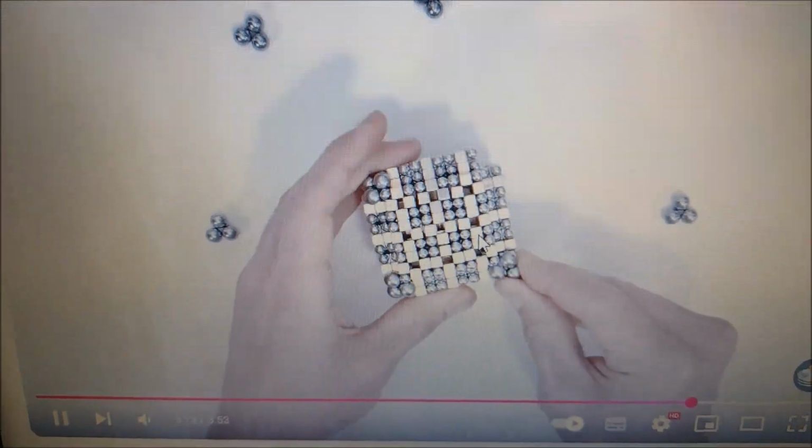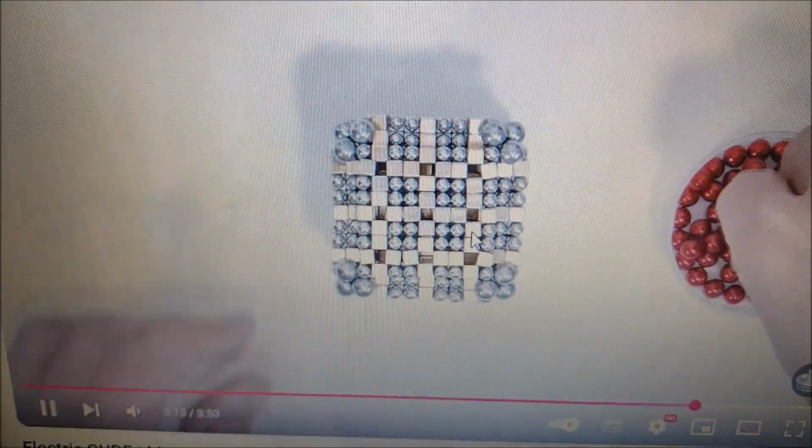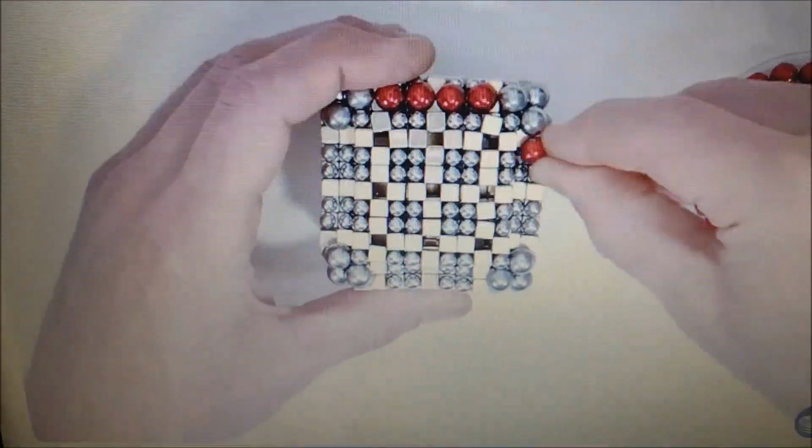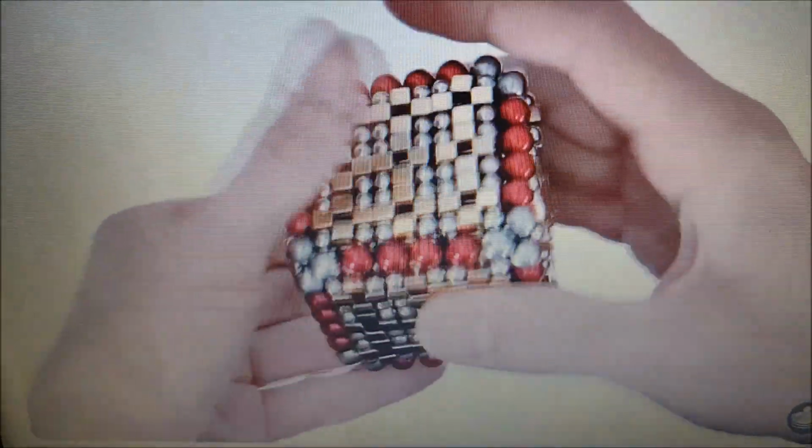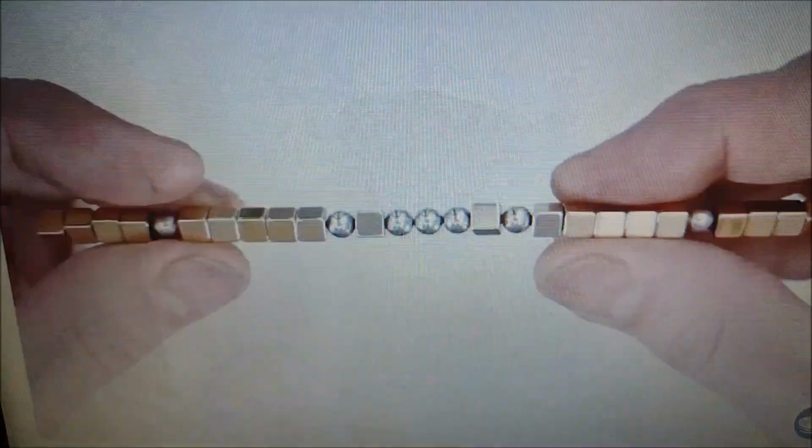If you want to break this cube, there's a force, the breaking point of the material. But it's not magnetic.